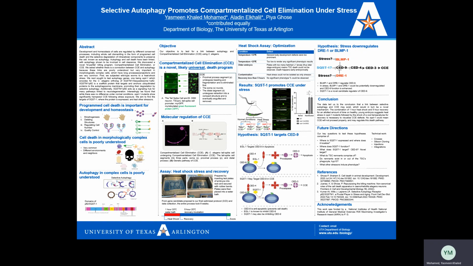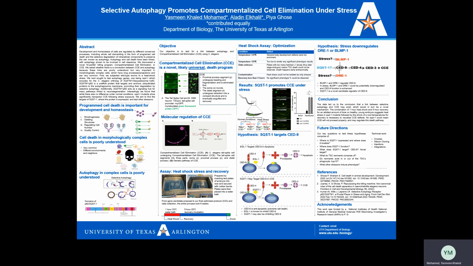The top diagram here depicts the canonical core apoptotic pathways described previously. The bottom panel depicts BCL2 SED9 as an anti-apoptotic pathway protein. Sequest1 could similarly be targeting BCL2 SED9 and allow for CCE to proceed normally. Mutants of sequest1 may cause increased BCL2 SED9 function and could mean CCE regulation under stress is conserved.